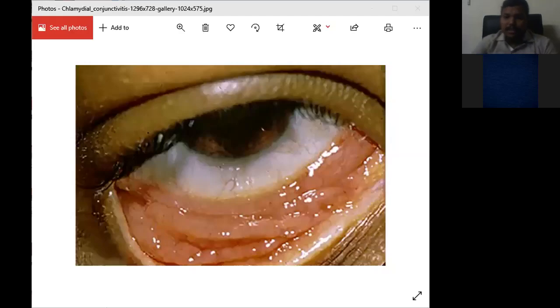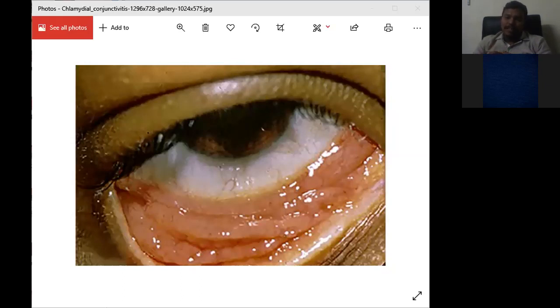In the previous class we learned about the bacterial type of conjunctival infections. Now we're learning about the chlamydial type of conjunctival infection. Chlamydia is midway between bacteria and virus. Why do we call it that? It is reproducing and multiplying like a bacteria, and it responds to antibiotics, but it contains only RNA. So there is a reason it is called midway between both.